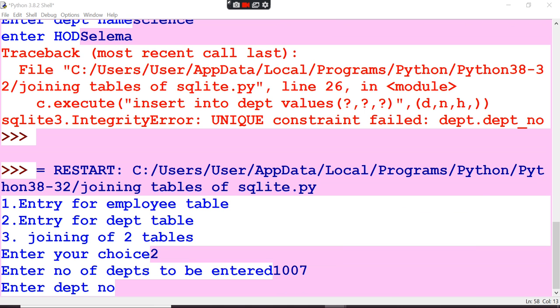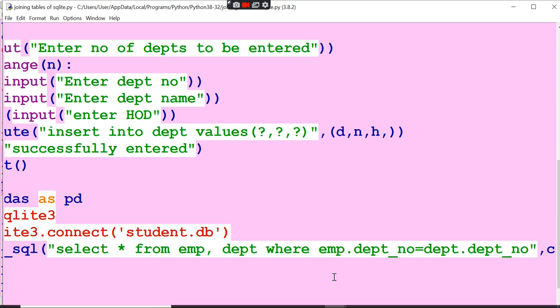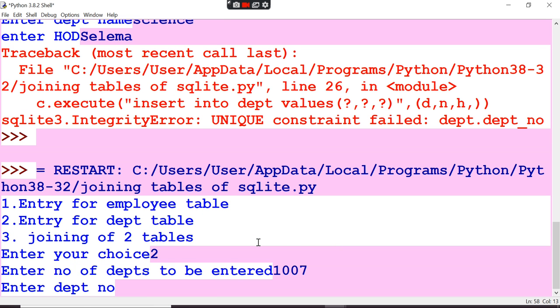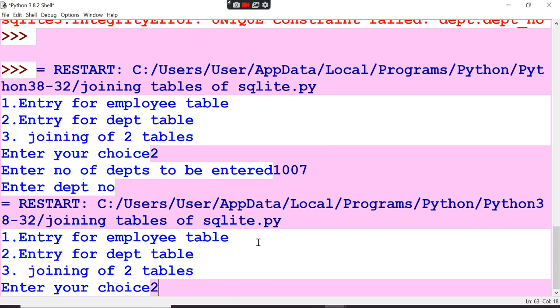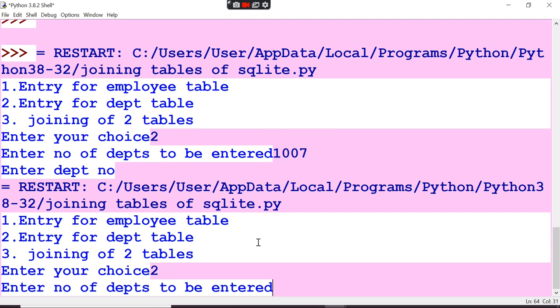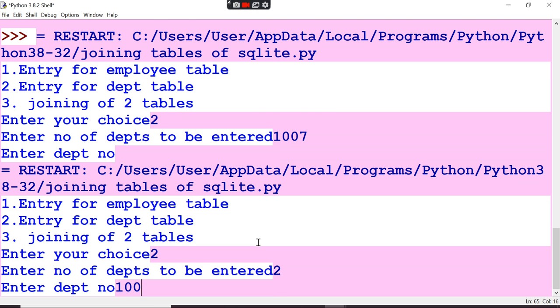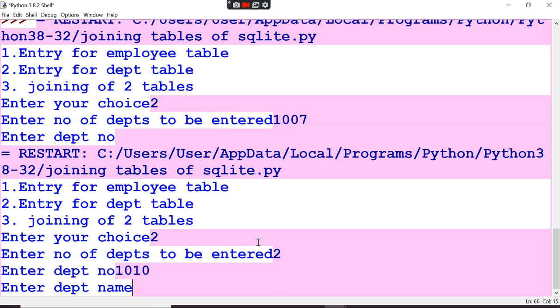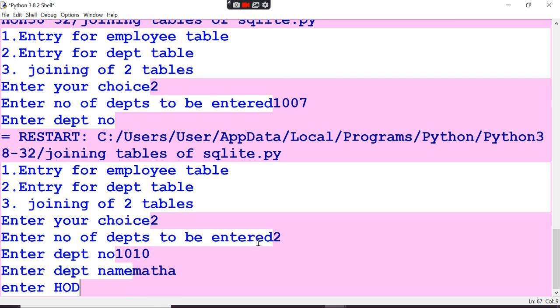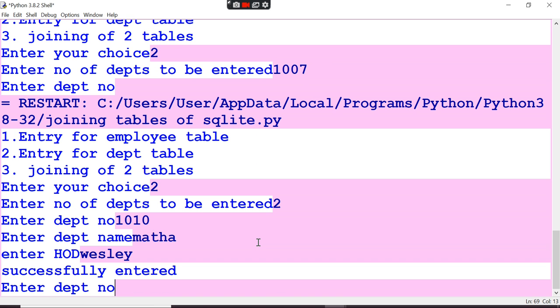Again I go back here and run again, because 1007 has been given. Choose the second choice, 2 departments, 1010. Okay, name, that is mass department, HOD Wesley or some other name, whatever.